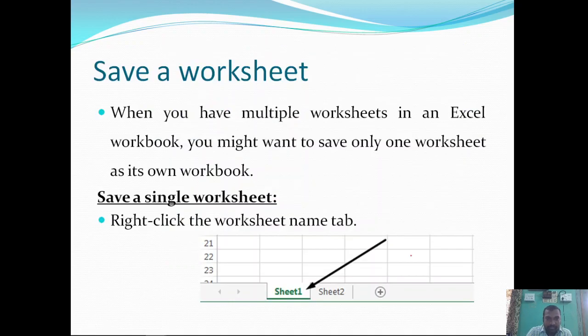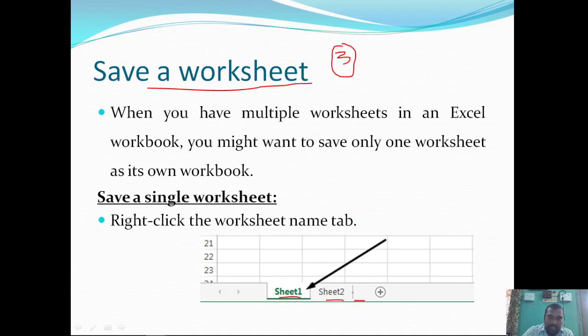Okay, now how to save a worksheet? By default, every workbook comes with three default worksheets, named Sheet 1, Sheet 2 and Sheet 3.